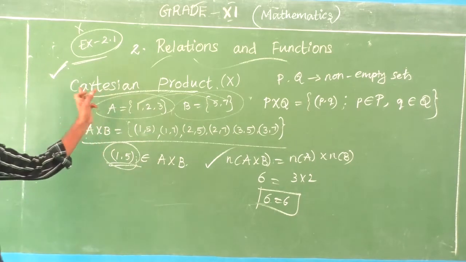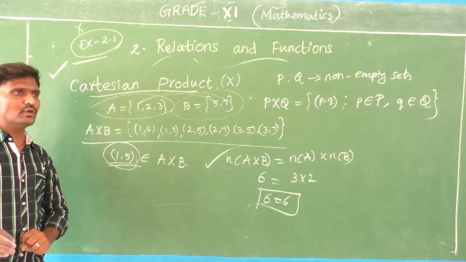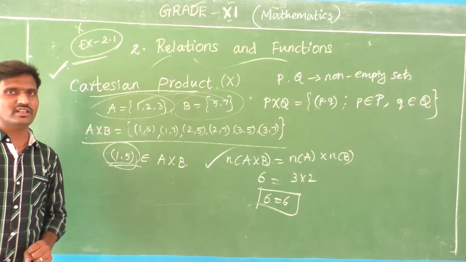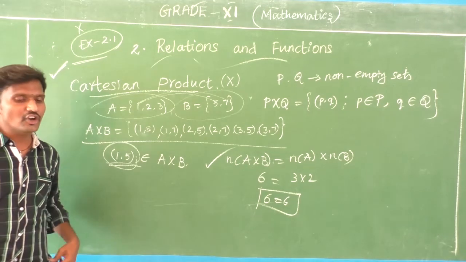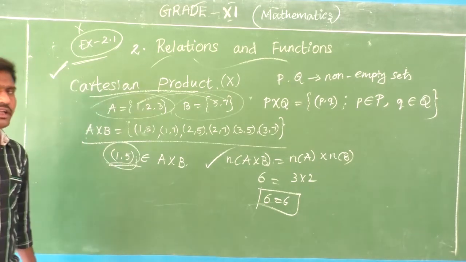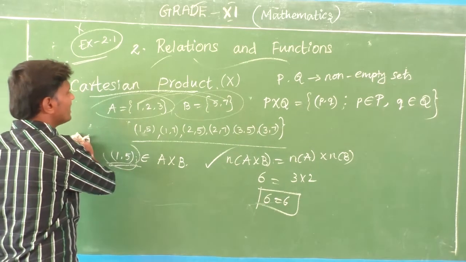Now one more thing I am giving. This is the cross product for 2 sets. Suppose I give you one extra set. That is called a cross product for a triplet, the Cartesian triplet, the cross product for 3 sets. Which one is the Cartesian triplet? Okay, so the same sums I give you.